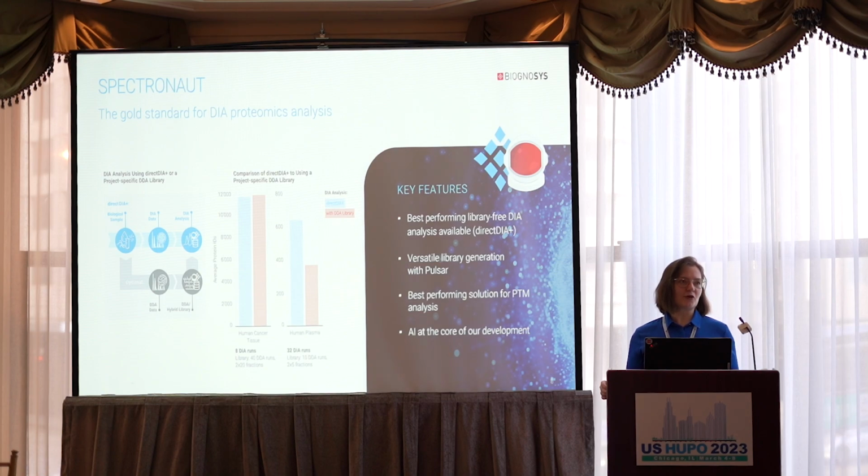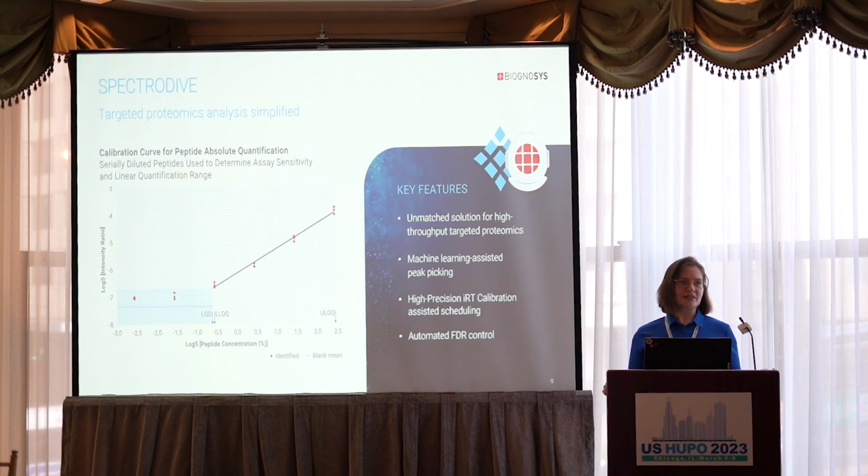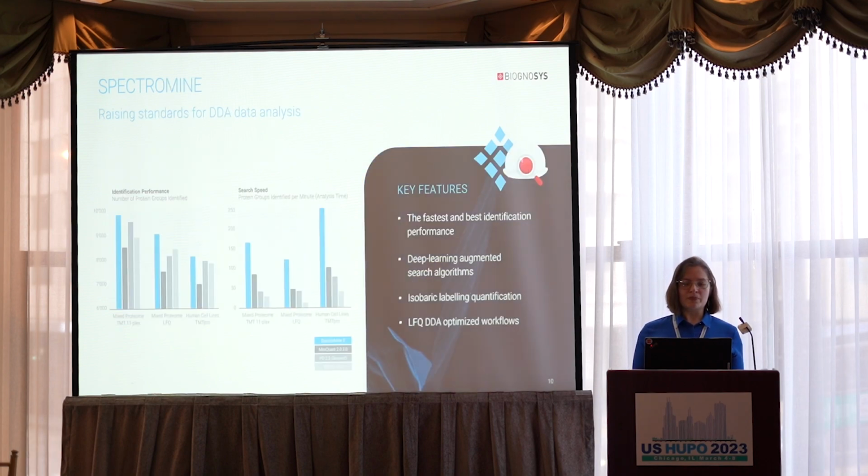It gives you the best performance in library-free DIA analysis. It features a versatile generation of libraries using the Pulsar integrated search engine, and it has the broadest support for PTM analysis. With SpectroDive, we achieved the best performance in high-throughput targeted proteomics. It features machine learning assisted peak picking, automated FDR control, and IRT calibration assisted scheduling for targeted proteomics. With SpectroMine, we achieved the best performance when it comes to speed and identification rates. And as I mentioned before, it has a streamlined workflow for isobarically labeled samples,